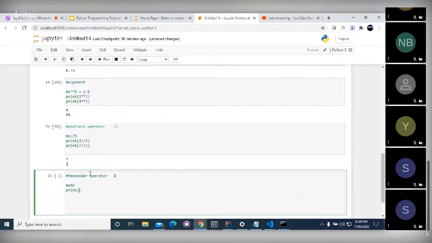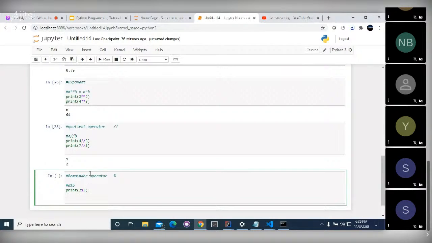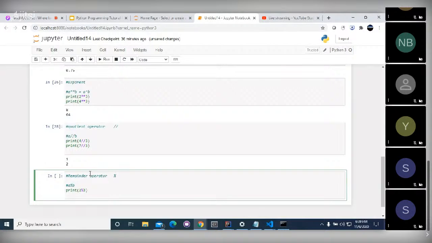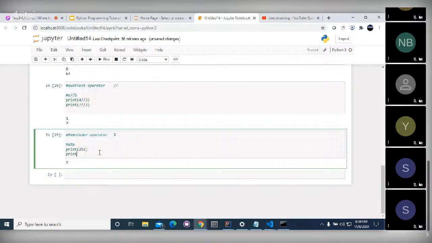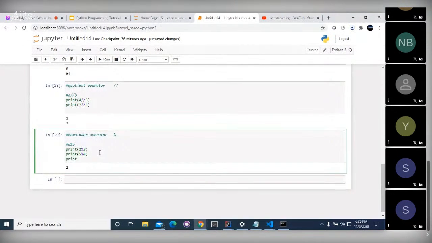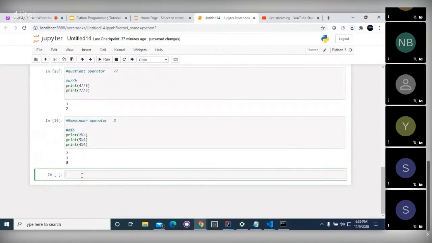Suppose that we are writing print 2 percent 3, what will be the answer? 2. Similarly, if we write print 5 % 4, what will be the answer? 1. Similarly, if we print 4 % 4, what will be the answer? 0. Now I think all of you understood this,